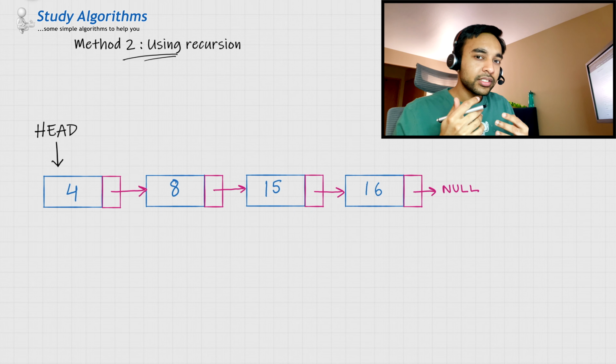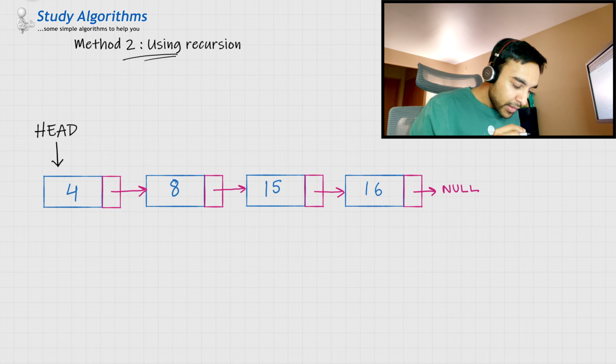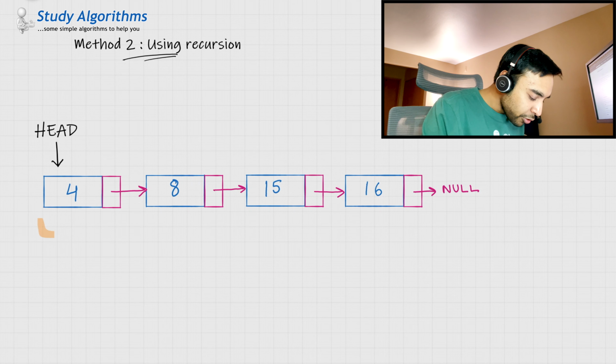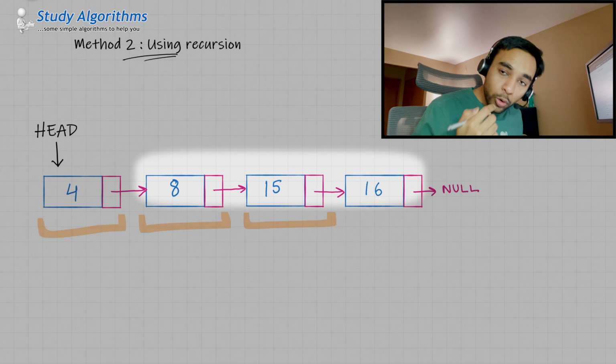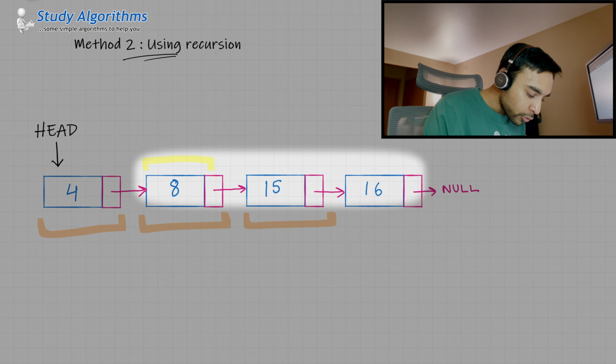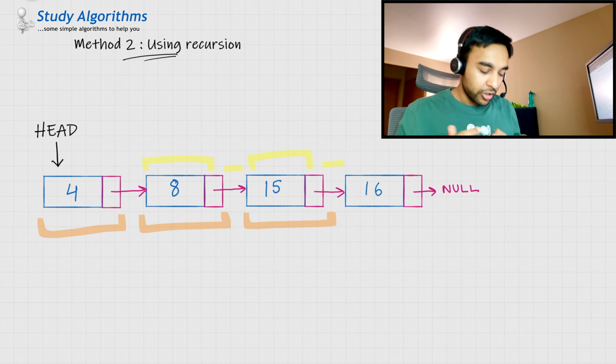Recursion usually works in a pattern that is self repeating. In a linked list, you can see that you have the same pattern that repeats. There is a head and then there is a next node. No matter which node you start at, there is a node and then a next. There is a node and then a next. You can take advantage of it.